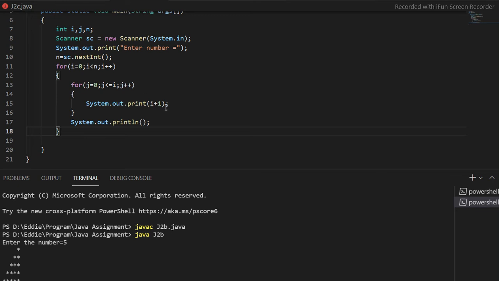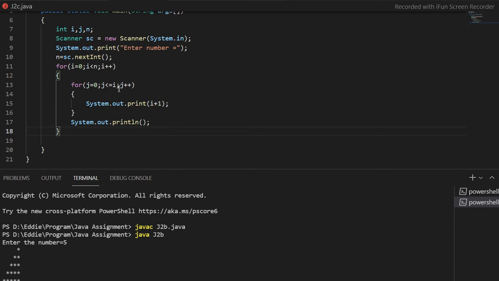So in the first row I'm doing i plus 1 because the iteration starts from 0, but I actually have to print it not in terms of 0; I have to think from 1. So that's why we have done i plus 1. The iterations will run similarly to what happened earlier. A similar kind of iteration will run in this code also, but instead of printing stars it will be printing i plus 1. So first it will print i plus 1, meaning i 0 plus 1, first 1.